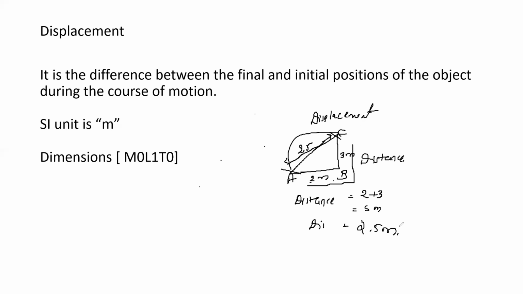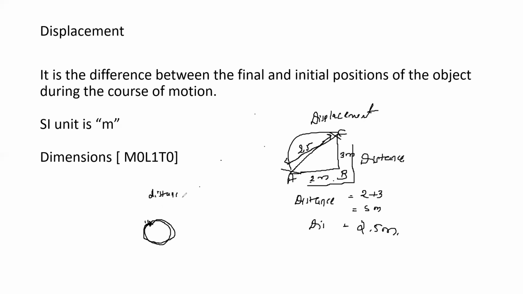Okay, one more example we can consider. If a body is traveling in a circular path, the body starts from a point and again comes back to the same point. What is the distance? What is the displacement? As it covers the circumference of the circle,